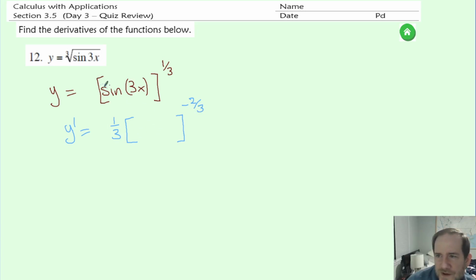And of course the inside function we don't touch, we just leave it as whatever it was, so the sine of 3x. But of course chain rule kicks in now. I need the derivative of the sine of 3x, which would be the cosine of 3x. But then chain rule kicks in again, because now I need the derivative of the 3x, which gives me 3. So there's all your pieces, and again, because we have a negative exponent, we know that this whole thing is going to go